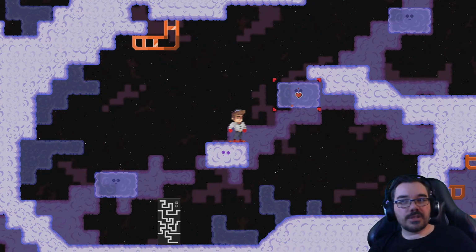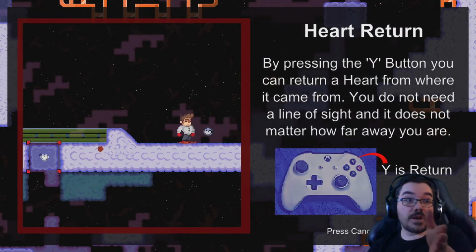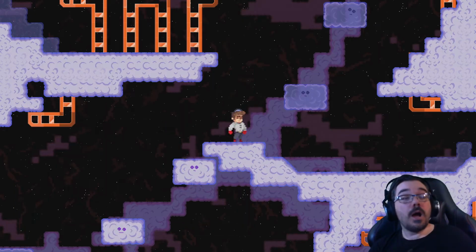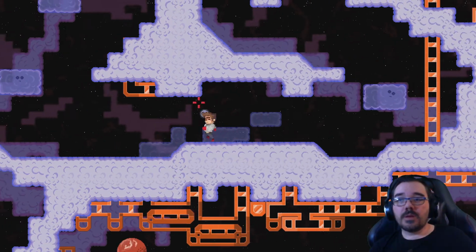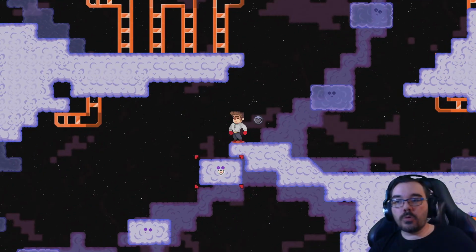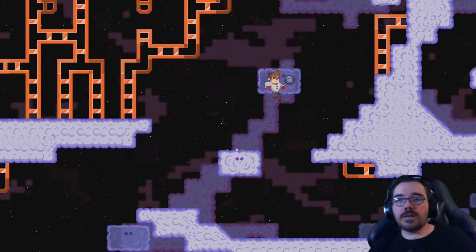So, this is something I just need people to totally understand. The heart button. I don't even know if I'm going to keep this. Heart return. By pressing the Y button, you can return a heart from where it came from. You do not need a line of sight. It does not matter how far away you are. I'm probably going to take away this. There are currently errors. So this level is kind of broken, for multiple reasons. People will always try and get both of those. You only need one of them. The idea is...